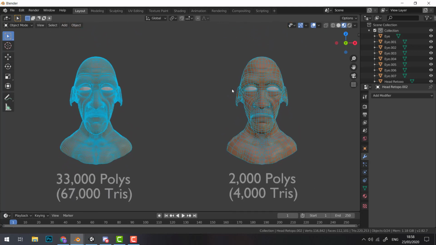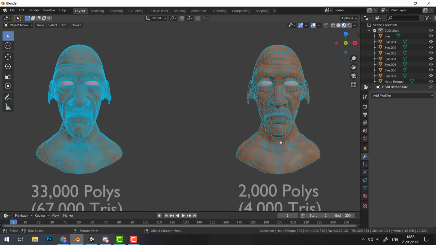When you look over here, you can see that on the left we have a lot of information. This is 33,000 polygons, which converts into about 67,000 tris. That's what Blender told me, in its little bar down here. And I'm also going to explain how we use this program too. So don't fret. And over here we have a 2,000 polygon model,